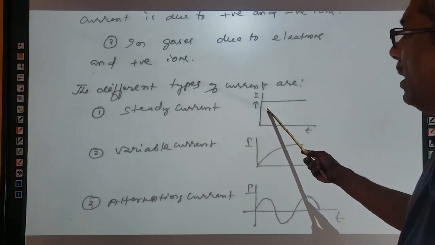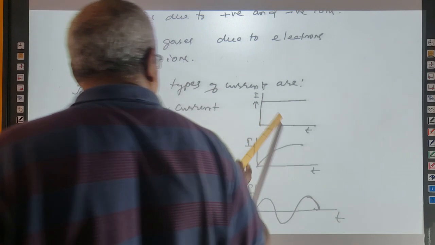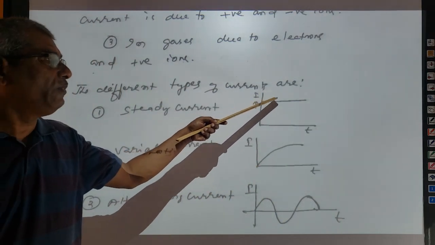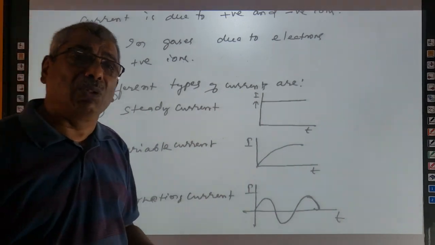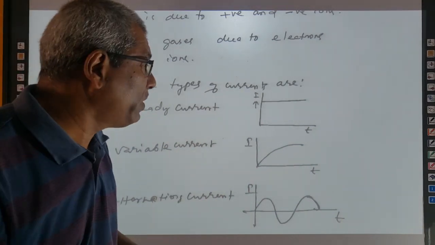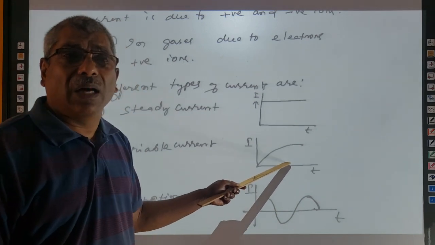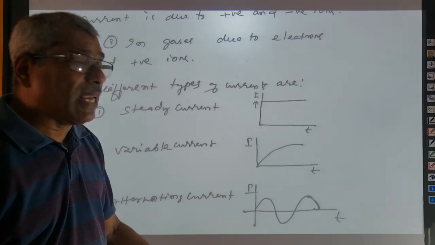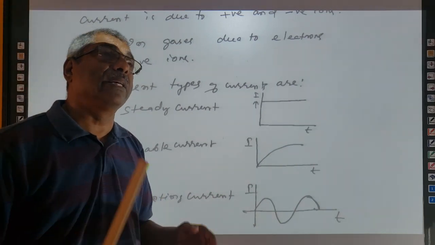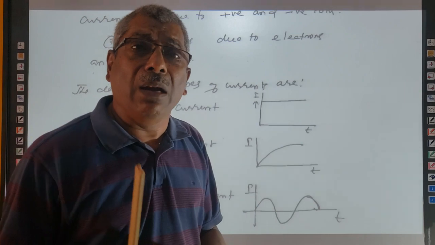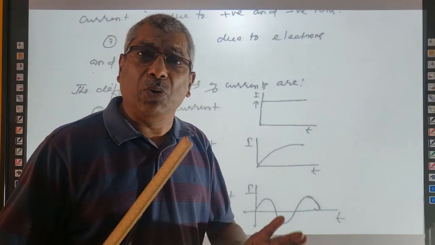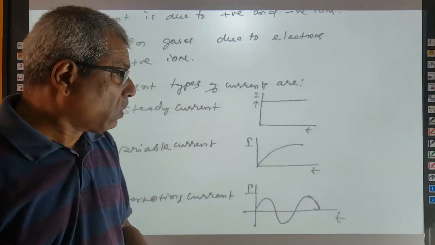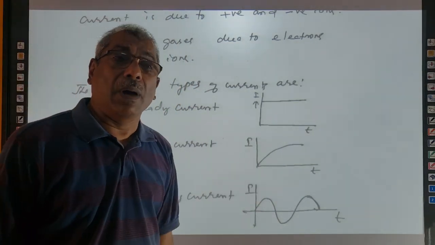So these are the various ways we can represent currents graphically. This is steady current: with time, the amount of charge passing through any cross section is not changing; it is always a constant. But when with time the amount of charge passing through any cross section is varying, this represents AC current. AC current is a current whose magnitude and direction vary. Magnitude always varies, but direction varies periodically, and such a current is called alternating current.